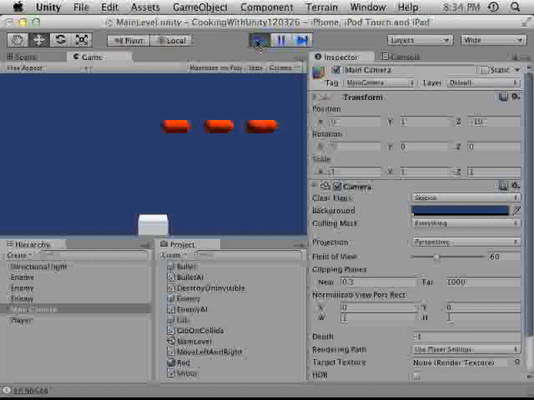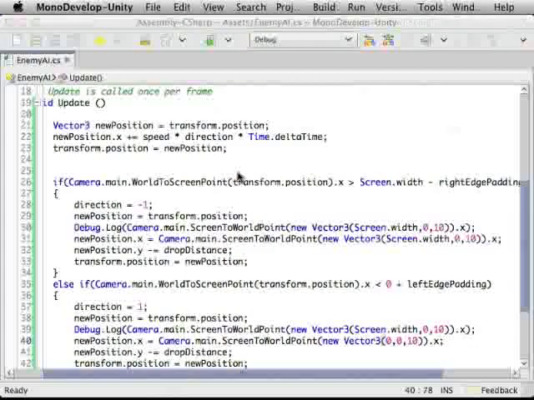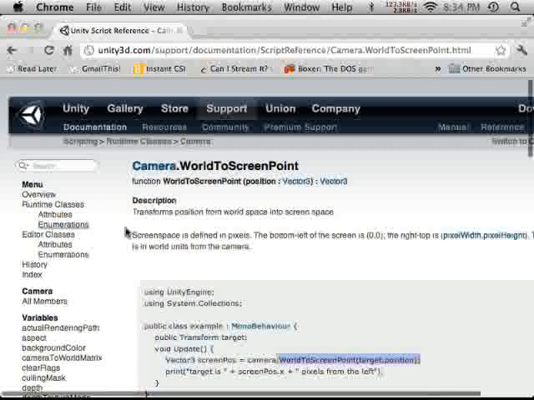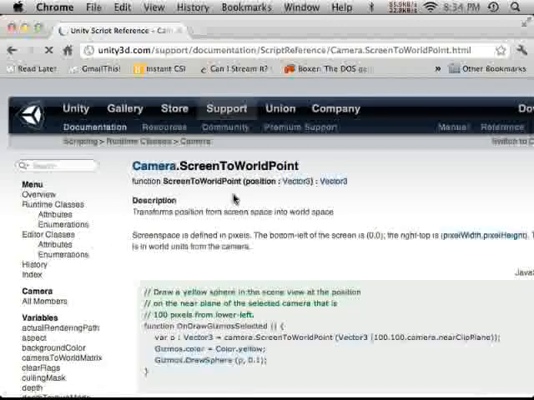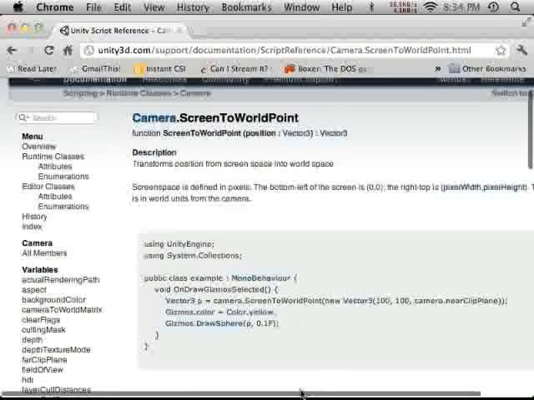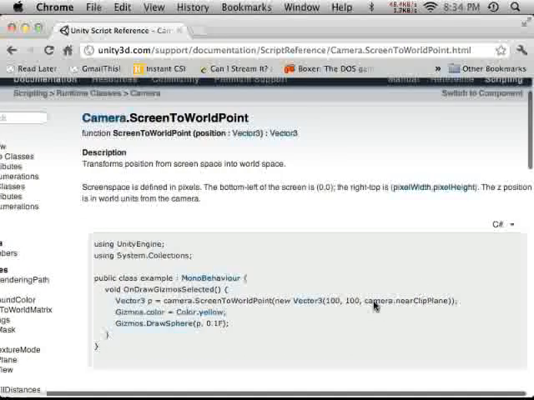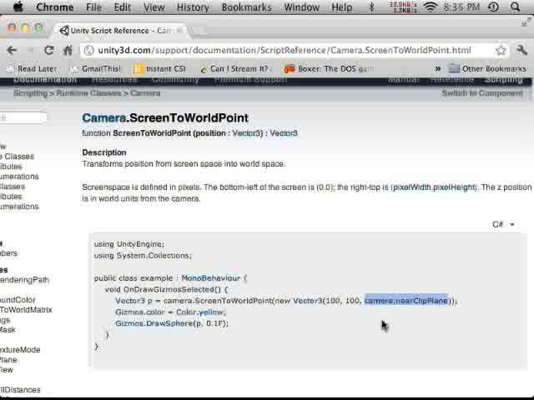So what this takes, and actually, let me just pull up the Unity docs. Camera, screen to world point. So it transforms screen space. Okay, so this one uses the near clip plane. I'm not sure if that would work for us. World units from the camera. There we go. Z position is world units from the camera. So you need to have that for it to line up properly, because otherwise, if you had an object that was very close to the screen,